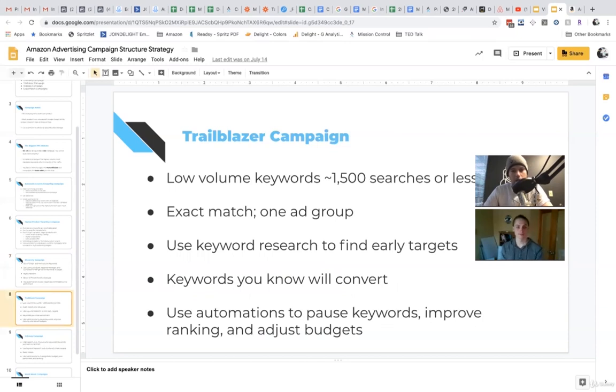Nice, Brock. We set up what we call a trailblazer campaign. So this is usually our lower volume keywords, keywords with 1,500 searches or less, maybe 2,000 searches or less, from a search volume perspective. And we put them in a single campaign. Now we are starting to spread this out a little bit more, so we'll have multiple trailblazer campaigns. The point is that you want to group similarly searched keywords from a volume perspective in the same campaigns. Because again, if I put an aggressive dog and a meek dog,